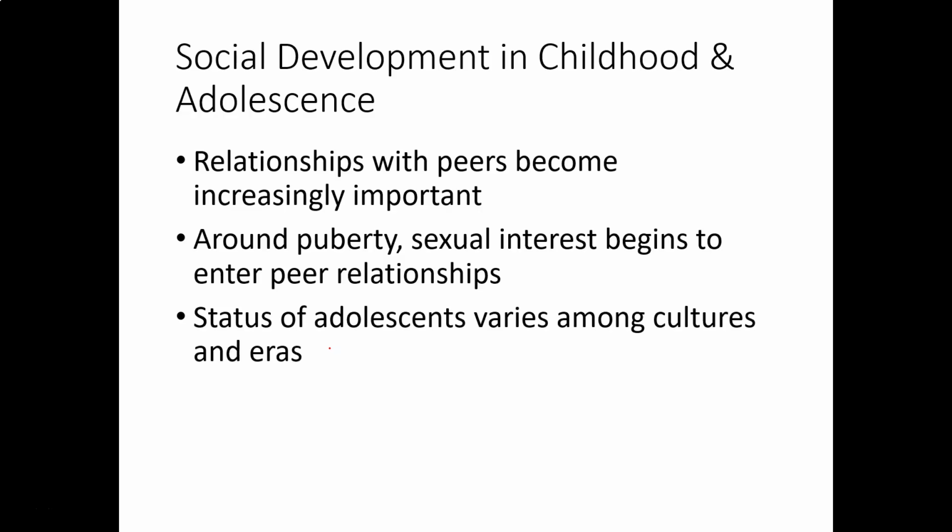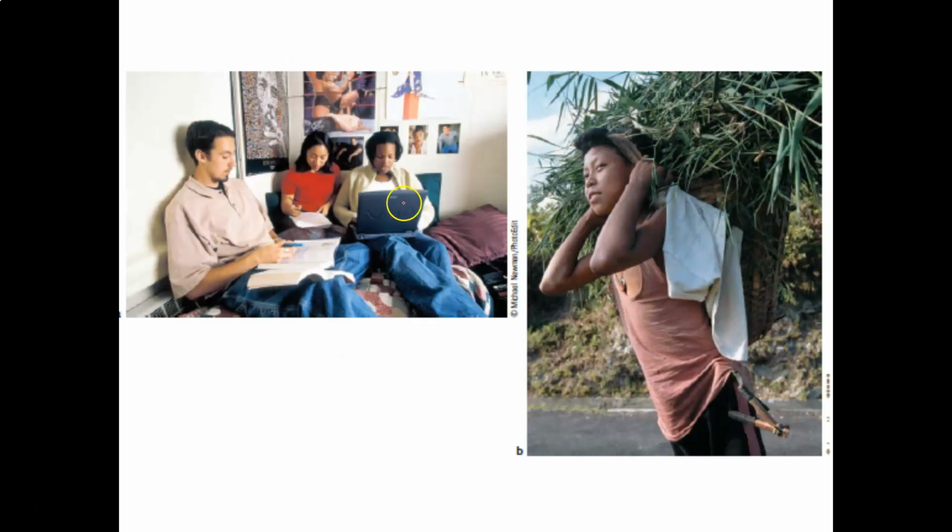as they enter peer relationships. But the kind of status adolescents have in society and in a family is largely dictated by the culture or the time period that we're examining. So, for example, in Western culture, most adolescents have quite a lot of independence, and they're allowed to determine how they're going to spend their time. And in some ways, they become really reliant on their parents and family to provide things like food and